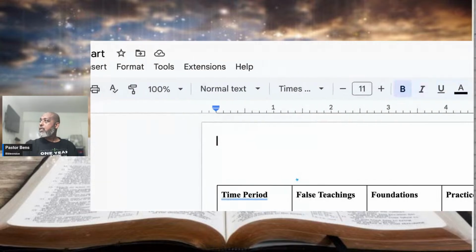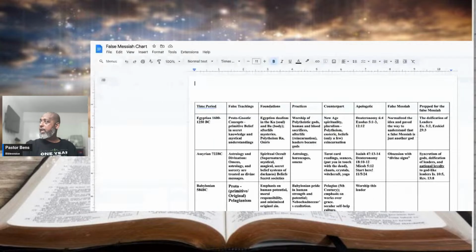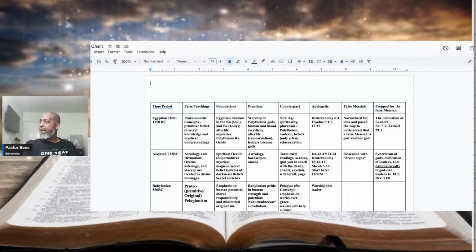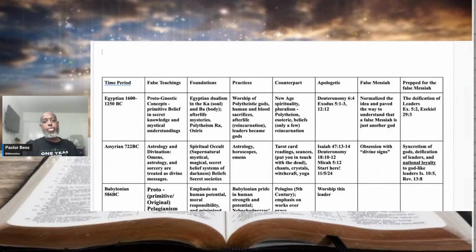All right, so we're going to need this chart, guys. You're going to need your Bible. You're going to need something to write with. We're going in tonight. So good to see you all once again, to the Israelites all around the world. Blessings, brother. Blessings to you, brother.